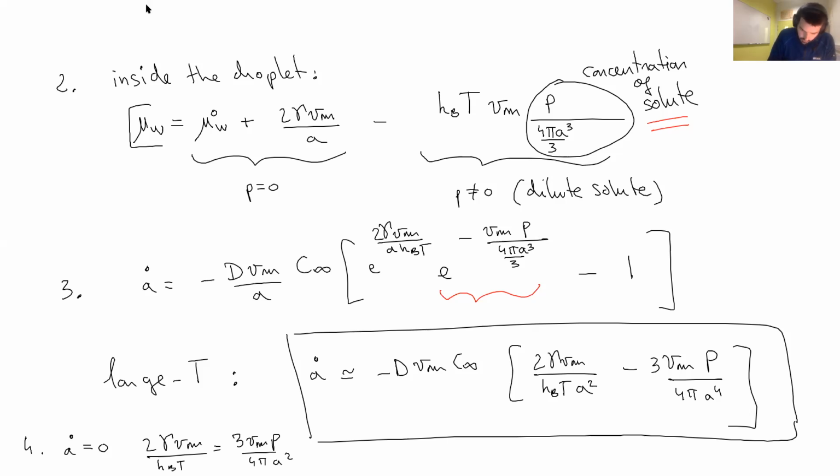And I can even remove the Vm. Okay. And so I end up with what? With 8 pi over 3. So the equilibrium value, A equilibrium, is equal to the same as before. It's kBT over gamma, square root of P,